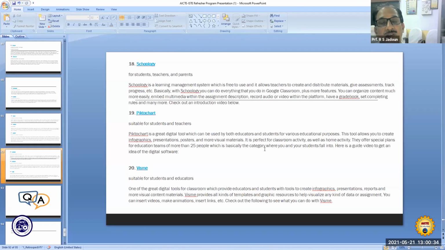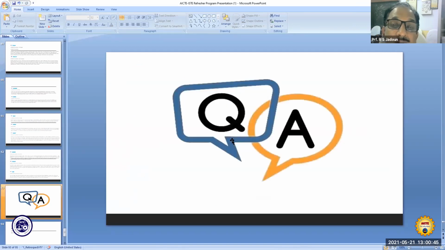So these different tools are available, and as per your requirement, as per the need of the learners, you can think of and make use of them.